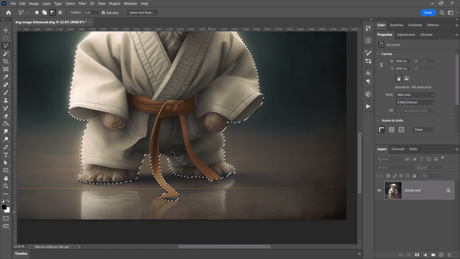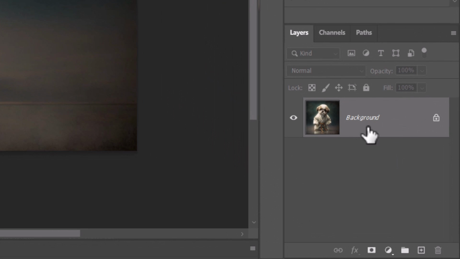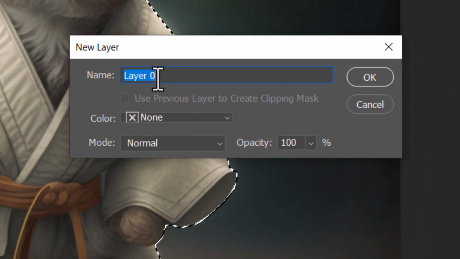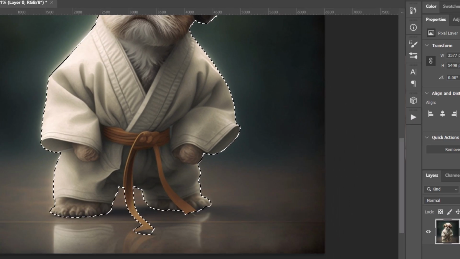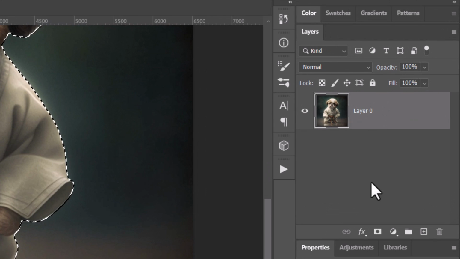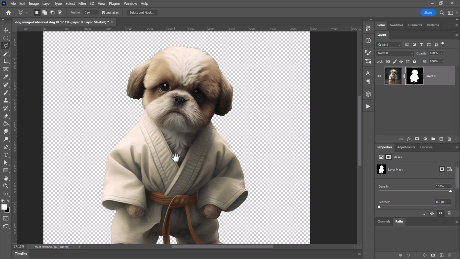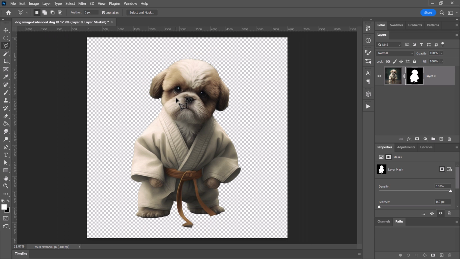And I've got my dog cut out more or less. It's not perfect, but you get the idea. So now I'm actually going to double click on this layer over here to change it from background to Layer 0. And then with that layer selected, go down to this box with a circle on it, click that to mask. So you can see how it's cut out our dog, and we can actually start to play with it a